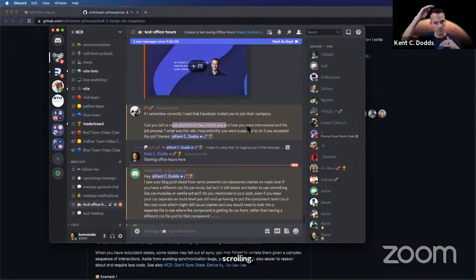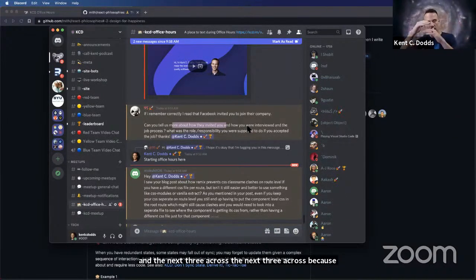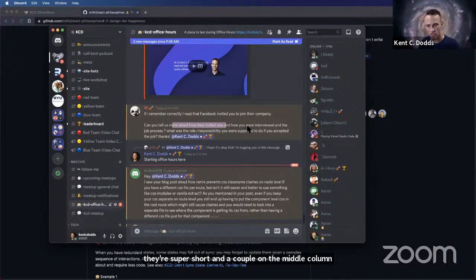You can't just say this one, that one, that one, and then order them 3 across and the next 3 across, because you could have a couple on the left column that are super short and a couple on the middle column that are really long, and then they show up in what appears to be the wrong order. So it's about finding a good way to lay things out so that it appears in the right order.